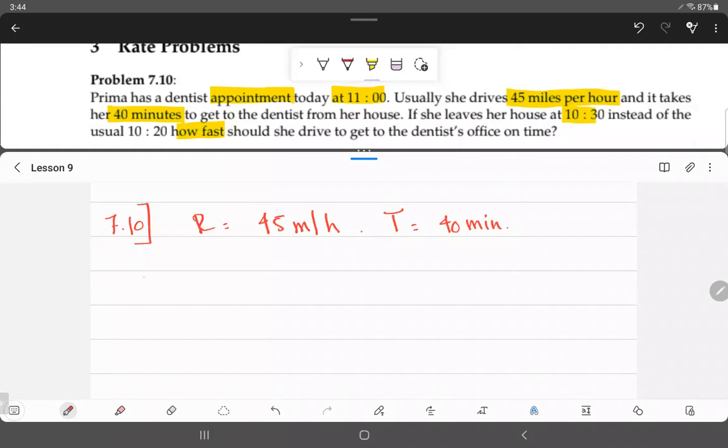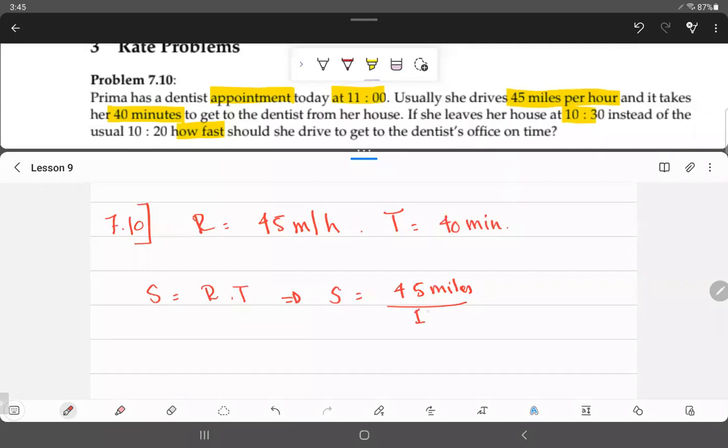We already discovered the relationship between the three variables, okay? So we said there's a relationship between S, R, and T, and I told you let K be 1, okay? So the distance from her house to the dentist is S equals, the rate is 45 miles